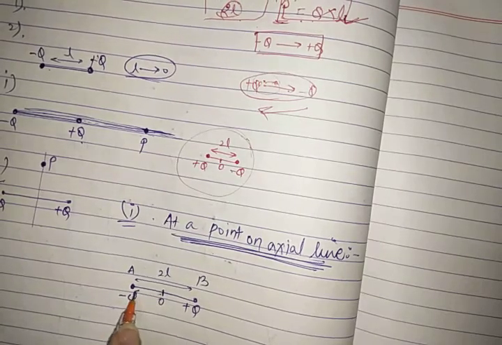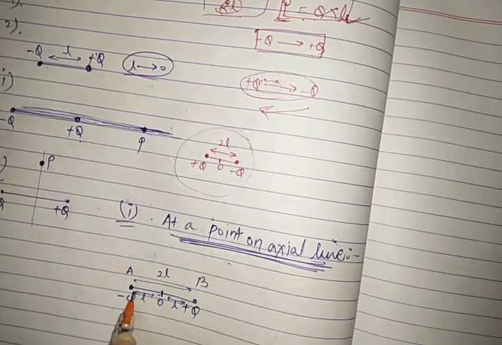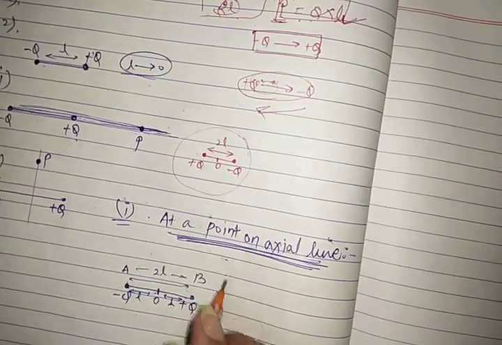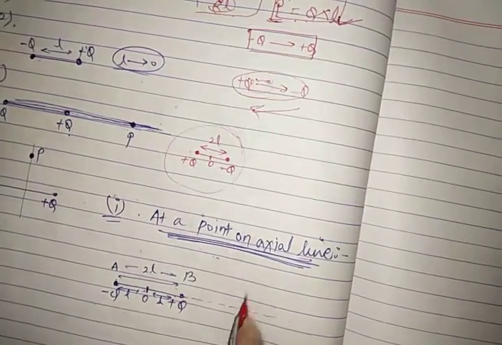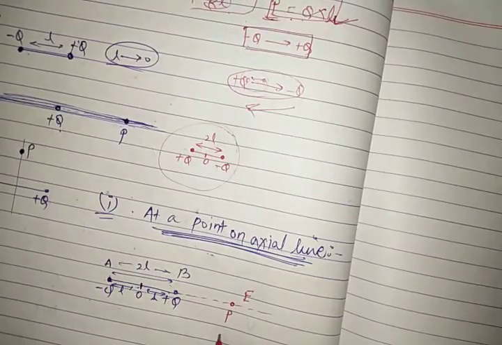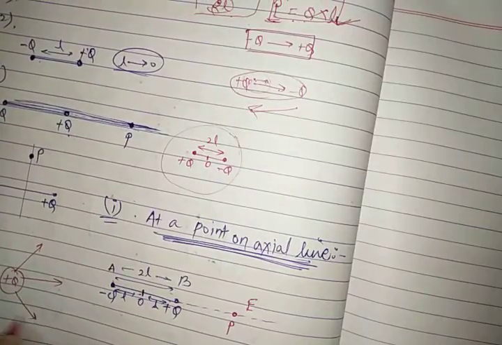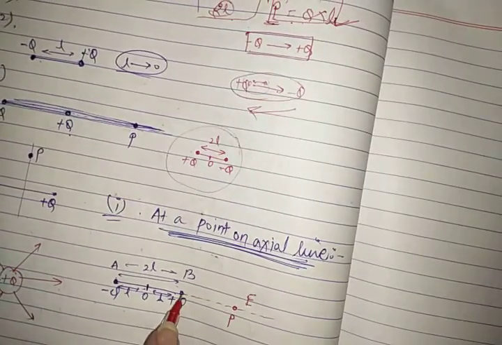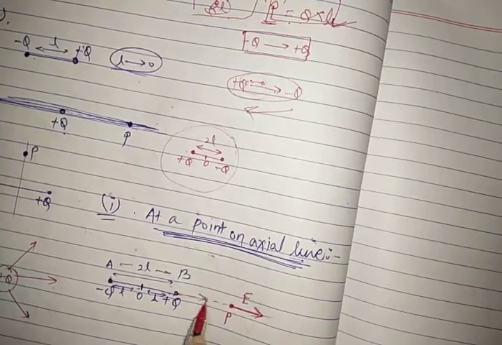From this center, this length is L, as it equally separates the 2 point charges. So this is L and L. The total distance is 2L. Now what you want to calculate is, at point P, what will be the electric field intensity. As we know, plus q charge always has electric field lines radially outward. So due to this plus q charge, the electric field intensity at this point will be in this direction, radially outward, away from this.